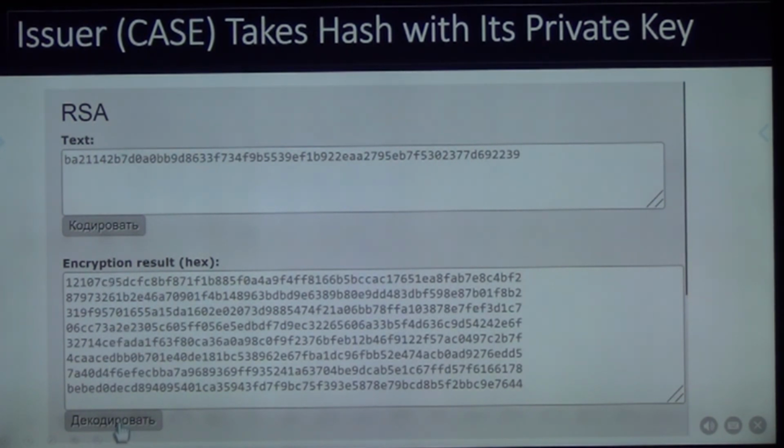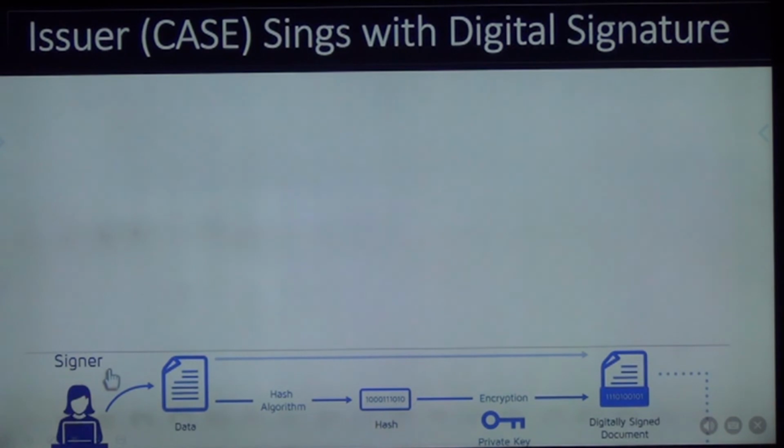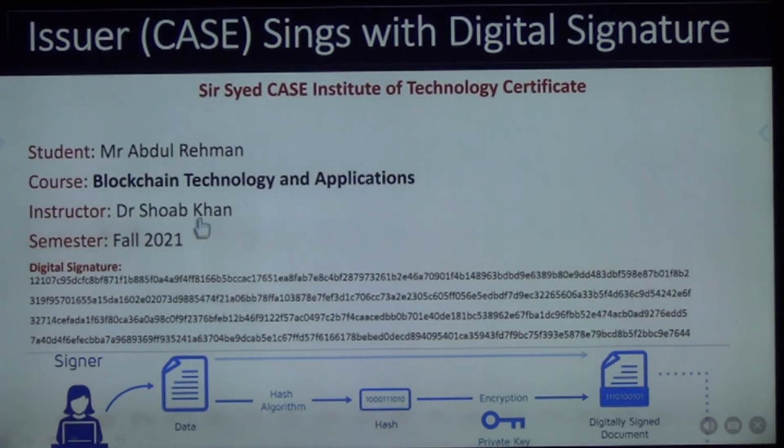So once I encrypted with my private key, सो ये इनक्रिप्शन का रिजल्ट है, this is my digital signature. So this digital signature, I take this digital signature और अपेंड कर दूंगा मैं इस सर्टिफिकेट के नीचे, because ये आपके कंप्यूटर में आपके मोबाइल के अंदर होगा, so you can click and see actually the digital signature.